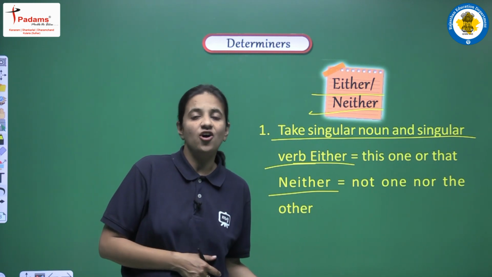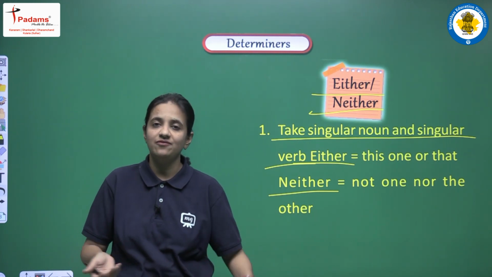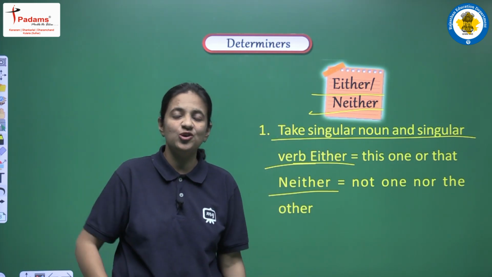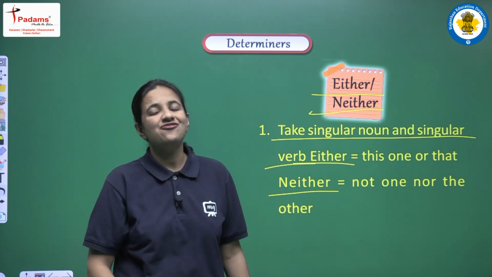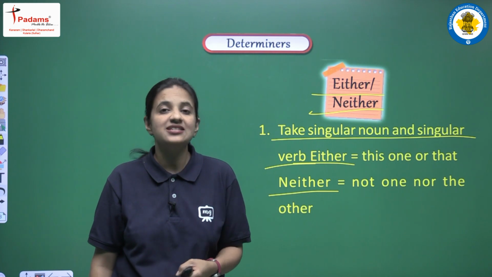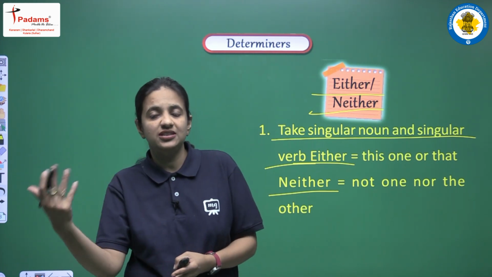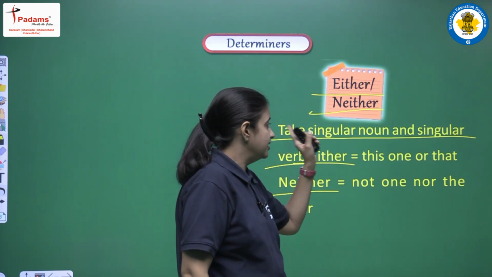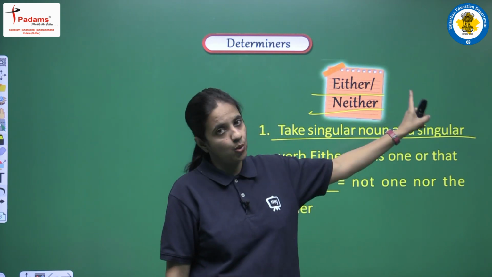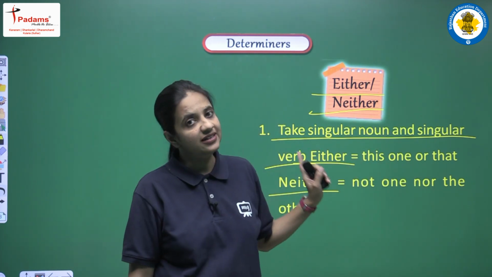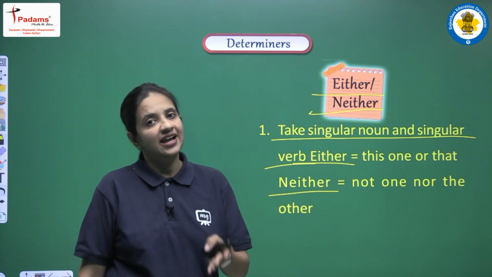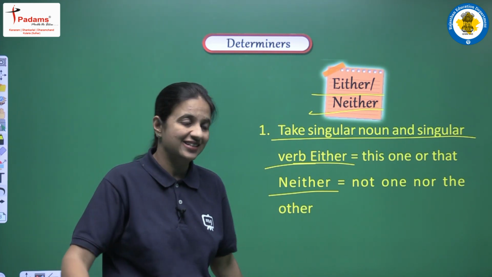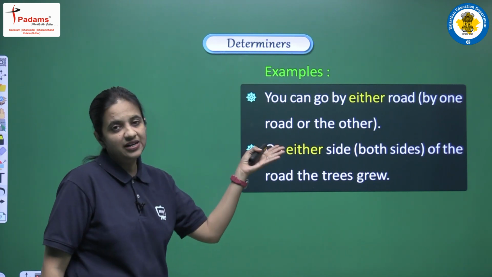Okay, so in both either or and neither nor we have two options, but when we are using either or, then it has a positive sense, and we are saying choose either this one or that one. But if we have neither nor, then it's a negative sentence, and at that time we are saying that we won't choose this one or that one. Clear? So one very important thing is that in such sentences we have to write a singular noun and singular verb, and this is the difference between either and neither. Either or are used in positive sentences, and neither nor are used in negative sentences. Now let's see some examples to clear the idea.